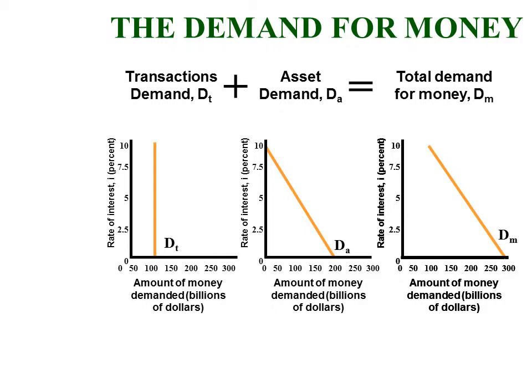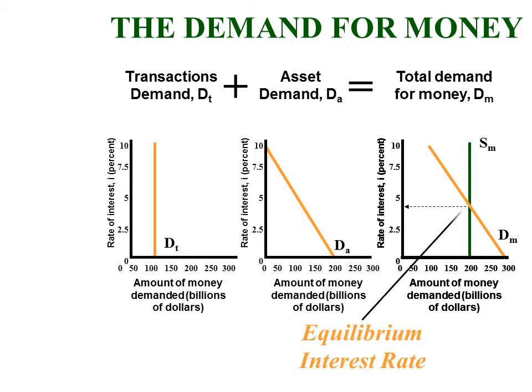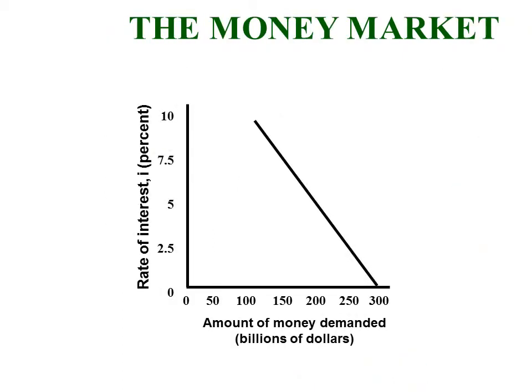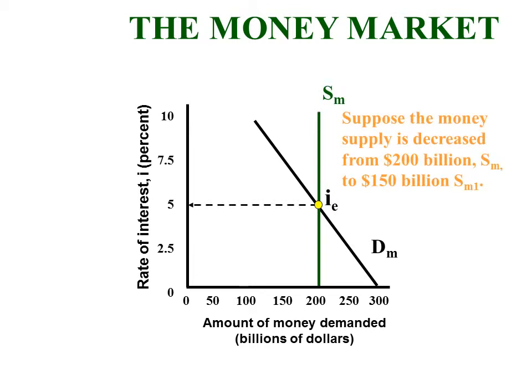Okay, let's bring our good old friend the supply of money into the equation here, and it gives us the interest rate, right? Equilibrium interest rate in the money market. Let's look at it on a bigger scale. Here's the same idea, right? We have our total demand for money made up of our transaction demand plus our asset demand for money, our supply of money controlled by the nation's central bank, the Federal Reserve, and we have an interest rate of 5%